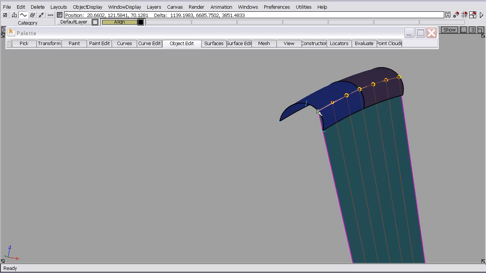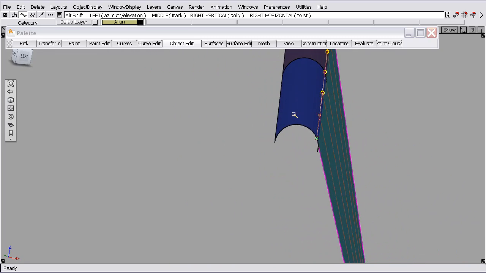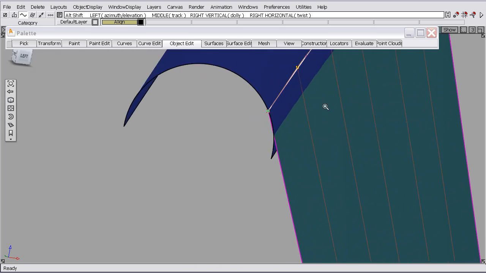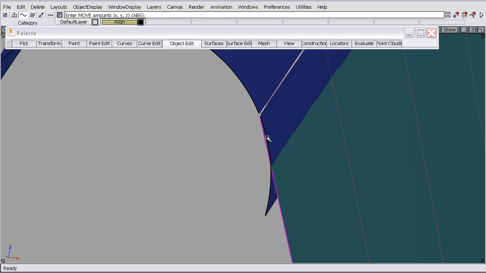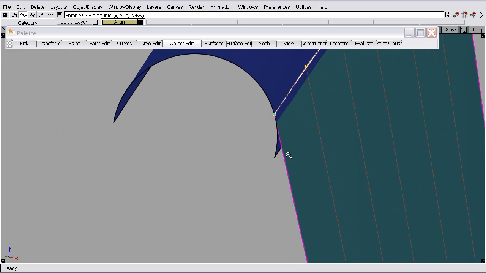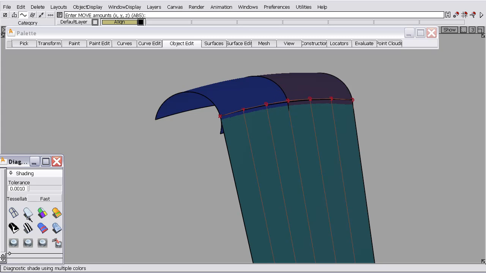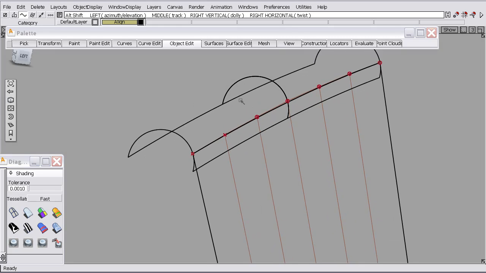Okay? So I can begin to try and find the point of tangency over here where it looks pretty good. Okay? So I can see there, the way this is under, that if I move this just along here, I can find just about that point that I think I need. Okay? Now to verify that, what we need to do is project this surface boundary onto these two surfaces and check that continuity. So I'll turn off the shading now, and let's